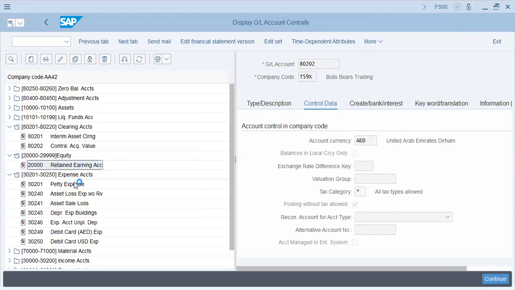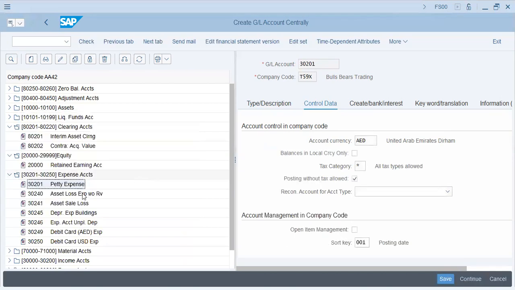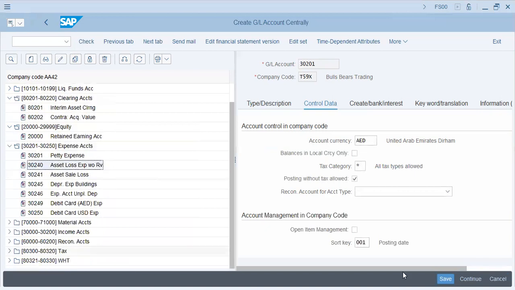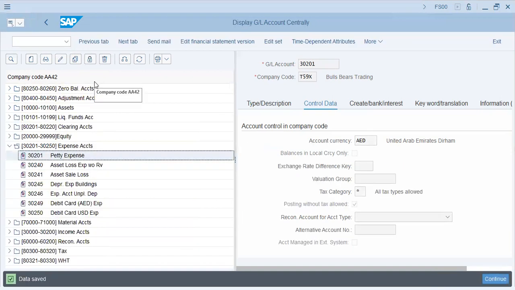Expense accounts. Oh, this is a long list. Guys, let's stop it over here. I'll complete this and then we'll continue from here because